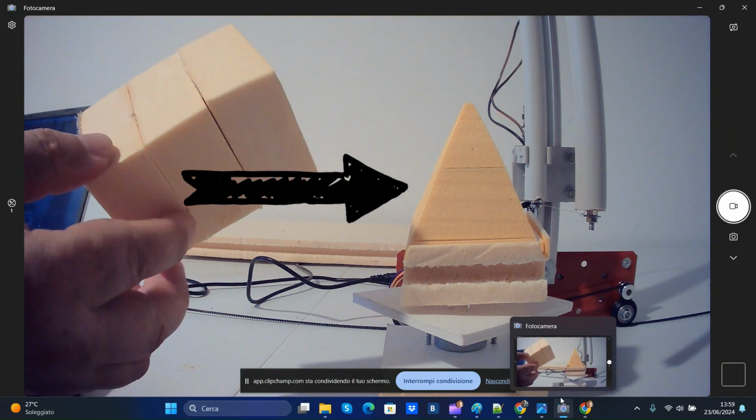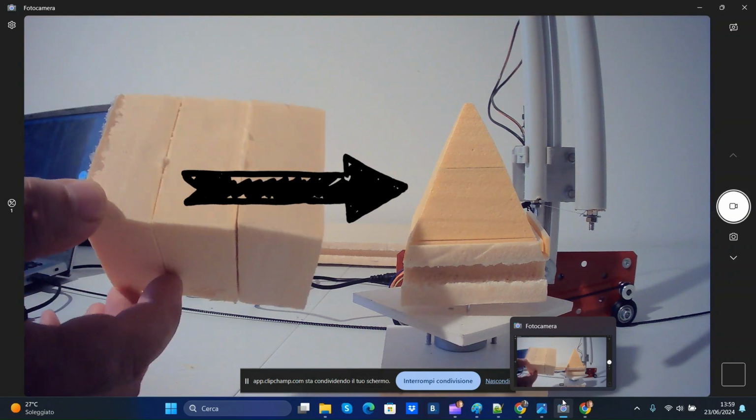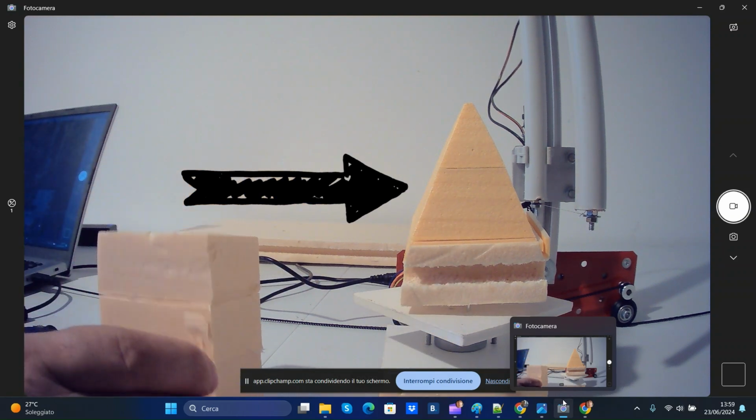Great! Now let's see how to transform this parallelepiped into a pyramid using your CostyCNC machine and rotary table, if